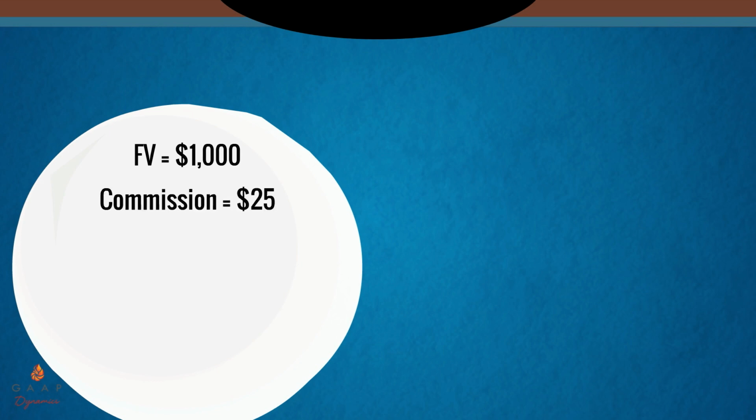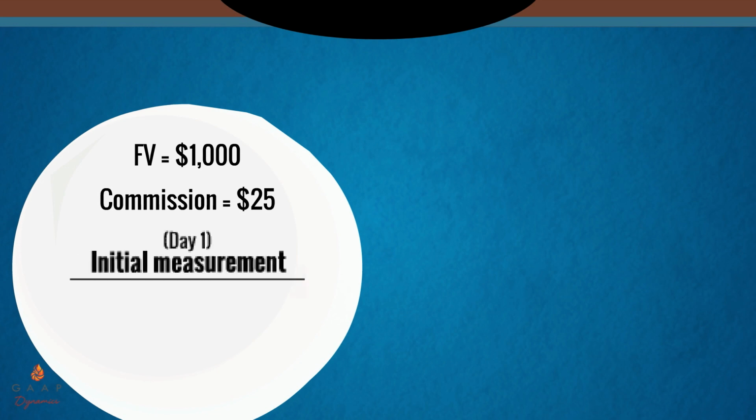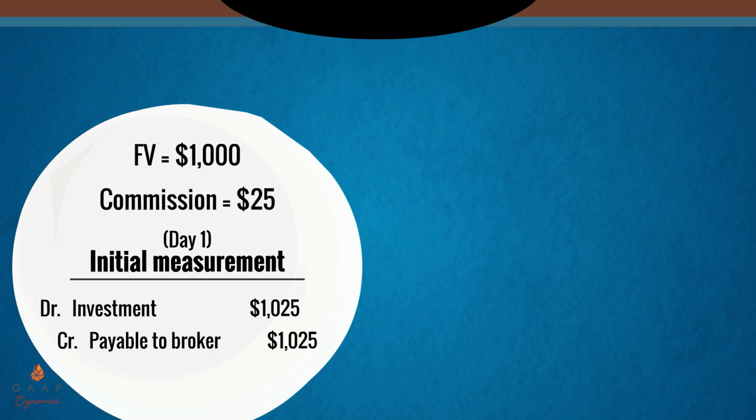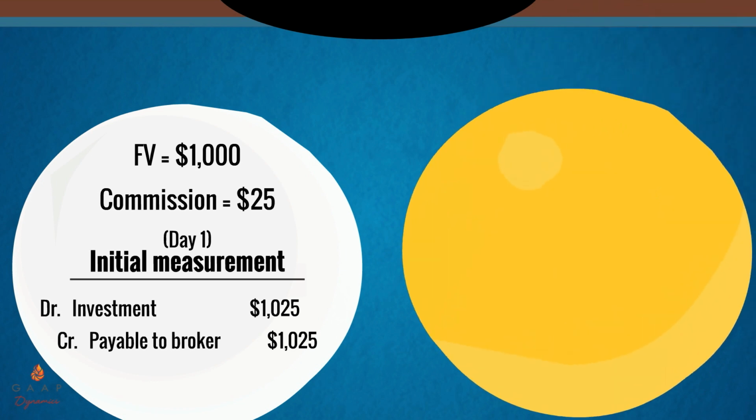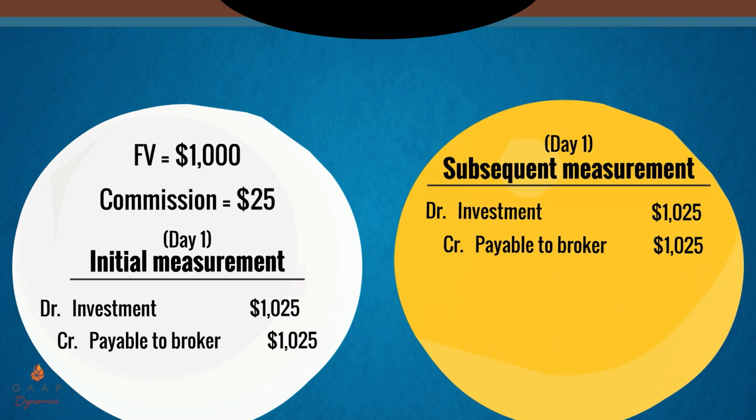Let's assume a fund purchases an investment with a fair value of $1,000 at the time of acquisition. As part of this purchase, it had to pay a $25 brokerage commission. ASC 946 requires that the initial measurement be based on the transaction price, which includes those commissions. However, immediately after the purchase, subsequent measurement is required to be recognized at its fair value. This results in a measurement at the end of day one of $1,000, and a payable to broker would be